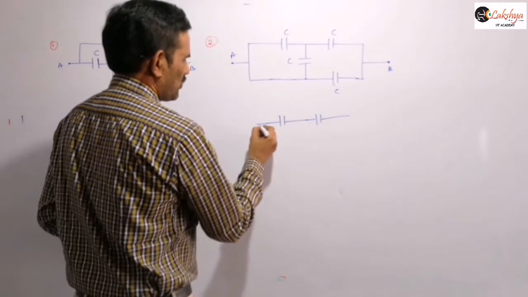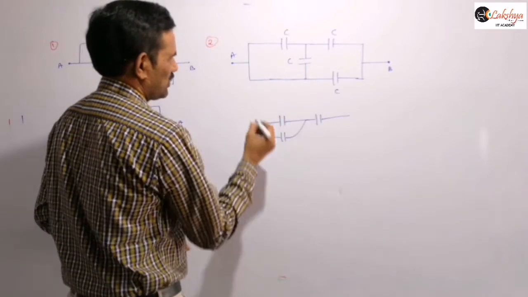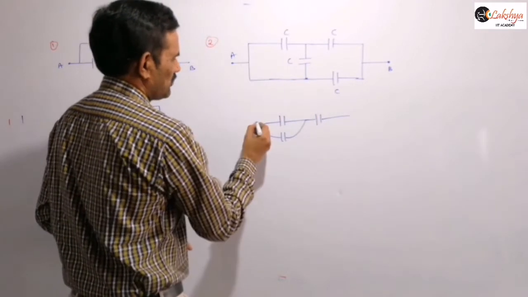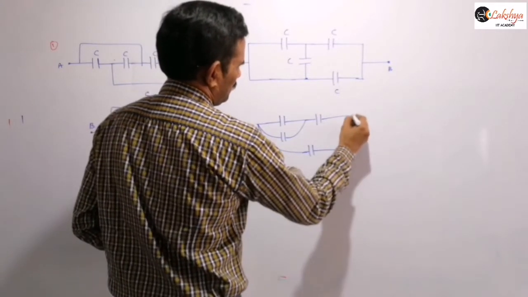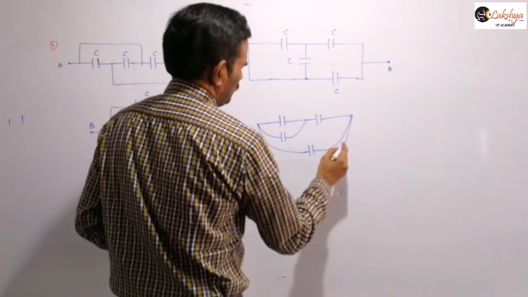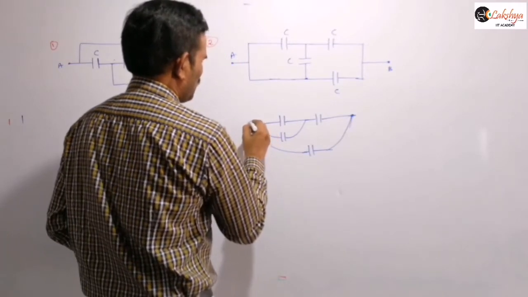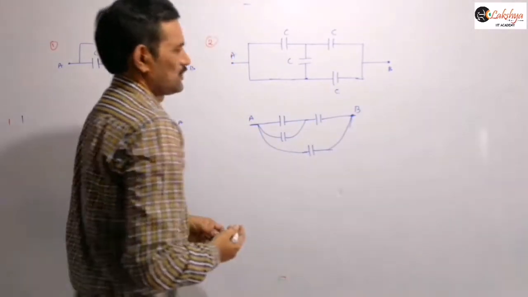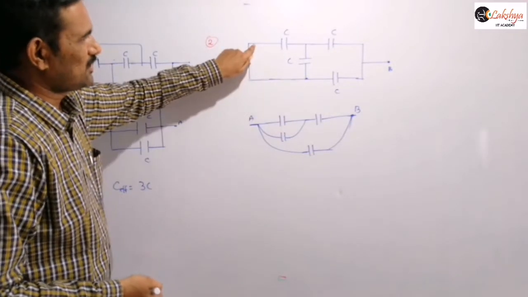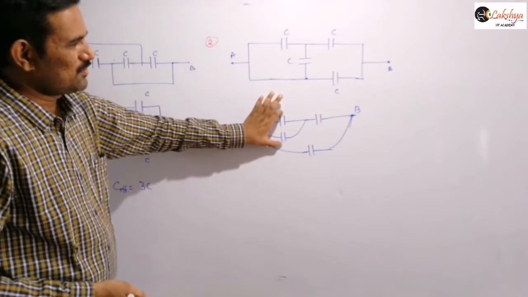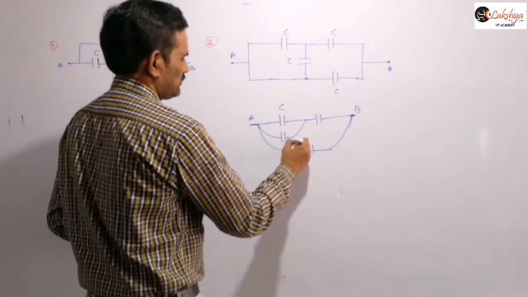So now I am redrawing the circuit here. So this capacitor will be here, this capacitor I am joining here. Now this end will come to here, that means this end of this capacitor will be here. Right? So that will be the circuit here. Now you can consider this is the point A and this is point B here. Observe the diagram. I am removing this conducting wire and I am joining directly this capacitor here, and so these two will be directly in parallel and this capacitor will become like this. So now this is the circuit here.